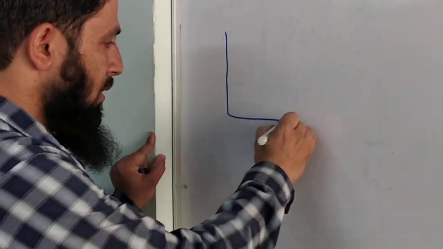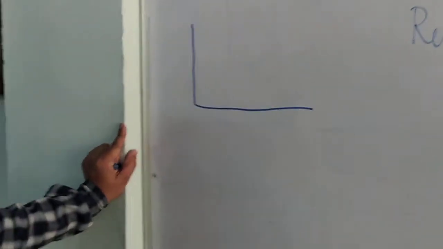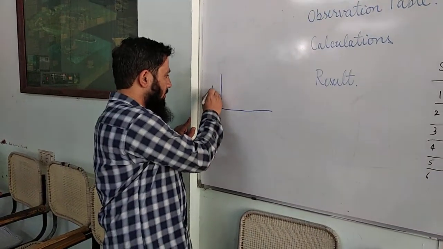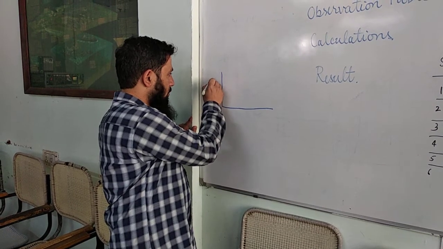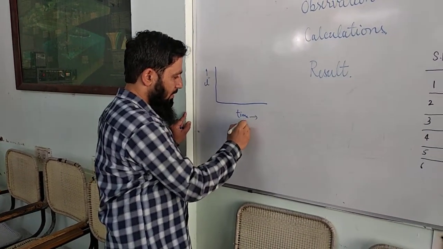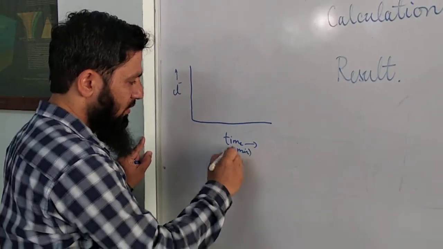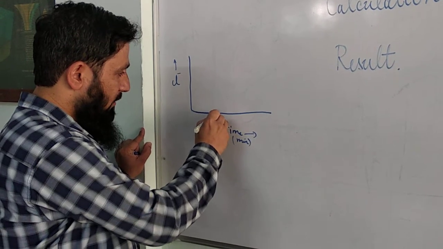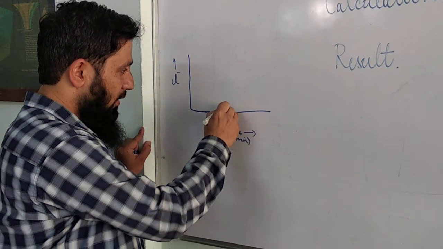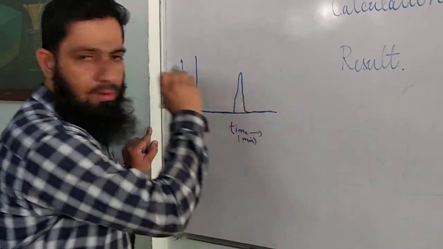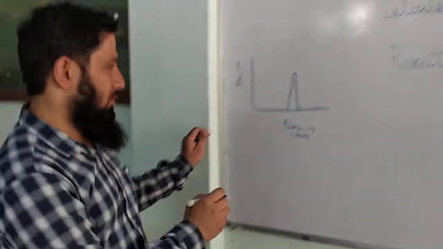So if the reactor was ideal, in such a situation, if you plot the graph of chloride concentration versus time, obviously time in minutes, concentration in mg per liter. In such case, since the tracer doesn't mix, you will get a sharp peak and so on. Some sort of this.